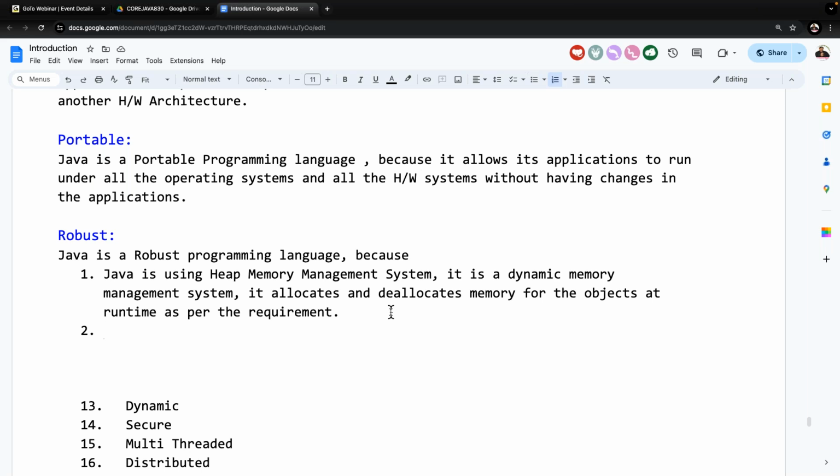What is an exception? Exception is an unexpected event occurred at runtime of the application that causes abnormal termination to the program.